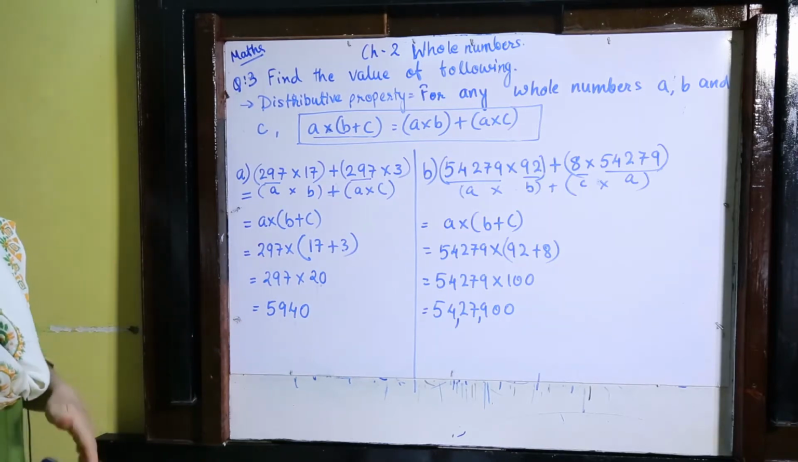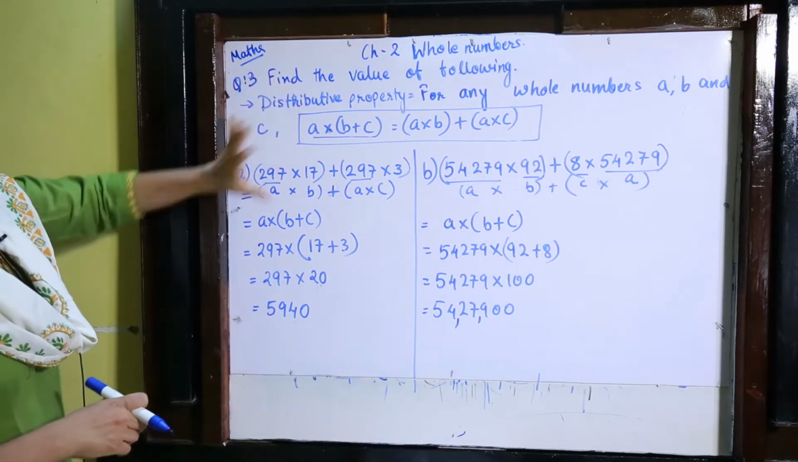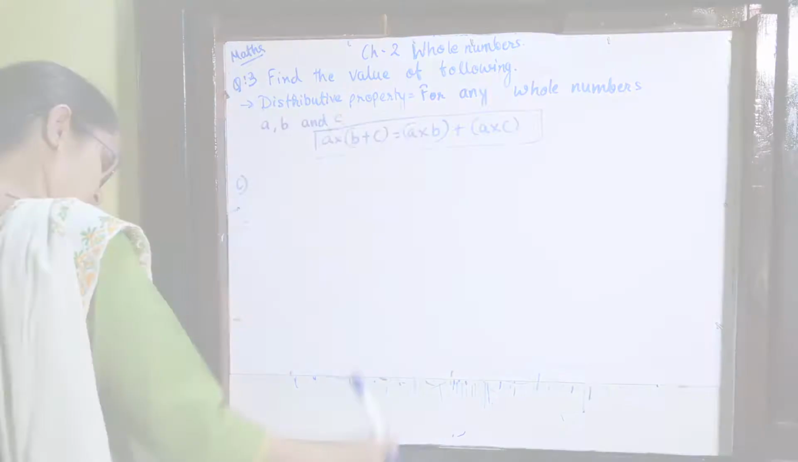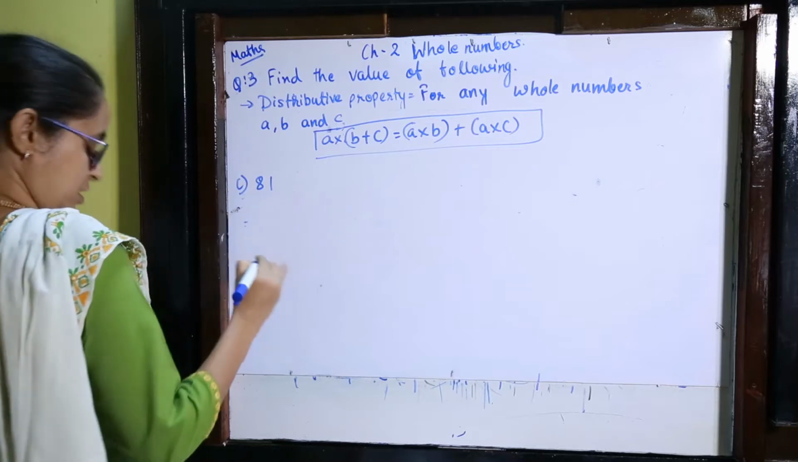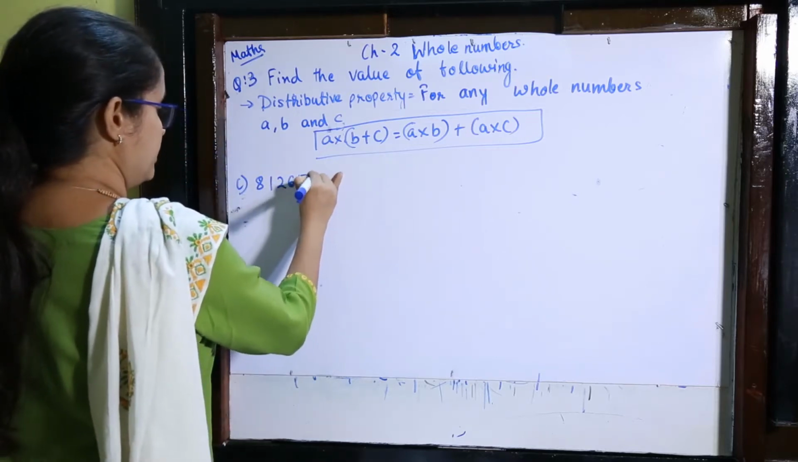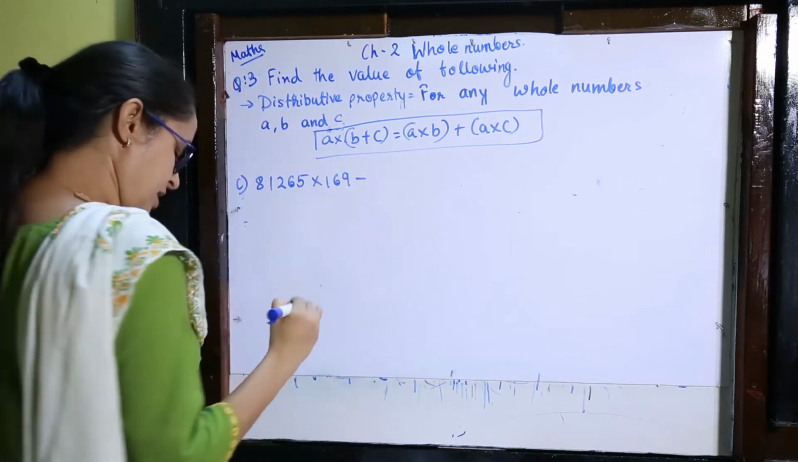Okay, and then we move on to the C now. I am keeping this above property so that you remember all the time. 81,265 multiply by 169 minus